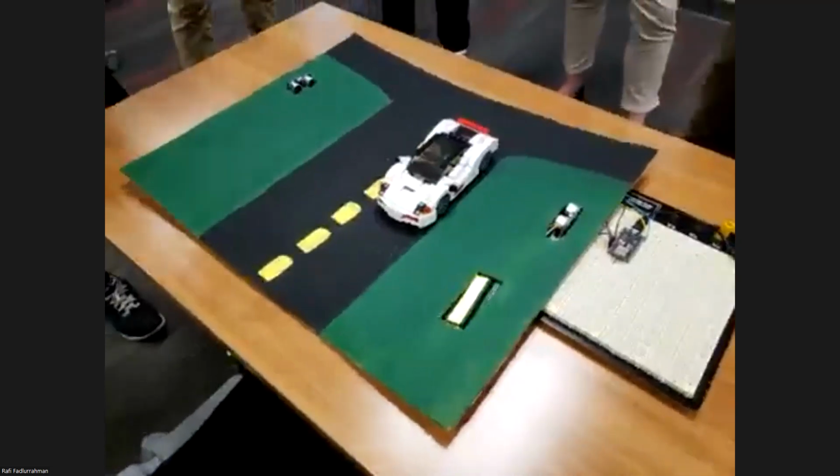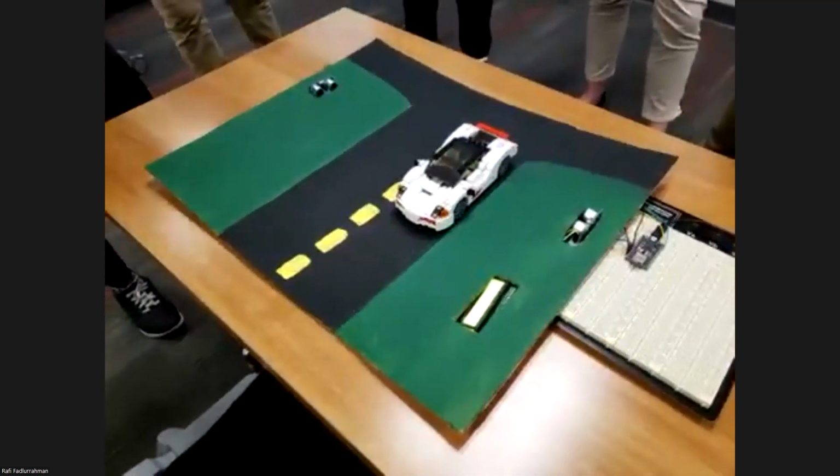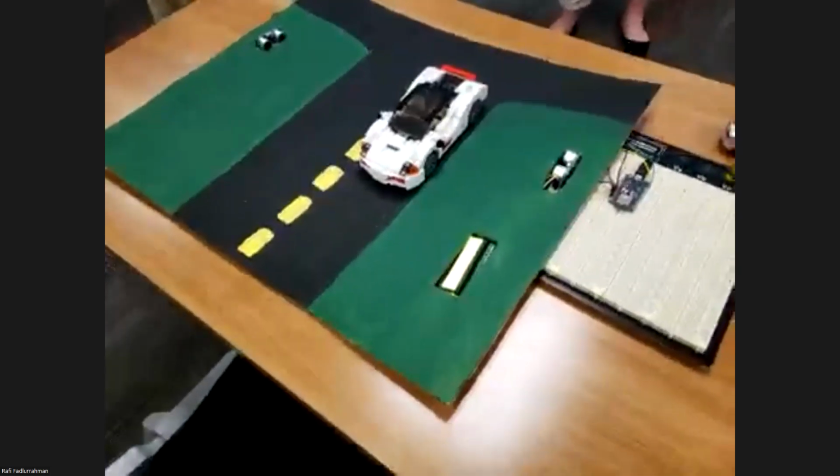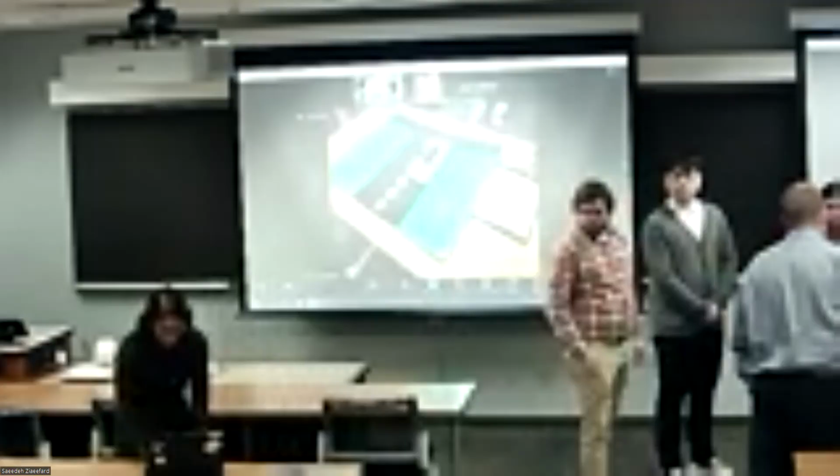How are you changing this to level 2, level 3? What is level 2 and 3? Should I turn this off? Yeah, thank you. I think level 2 is going to be where I can plug in 4 sensors and